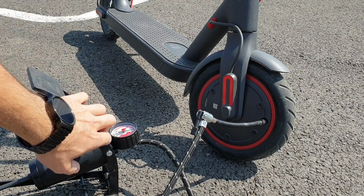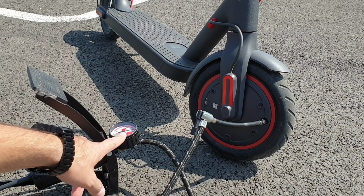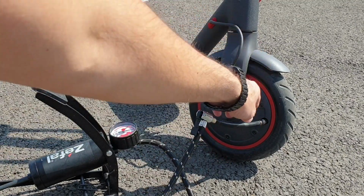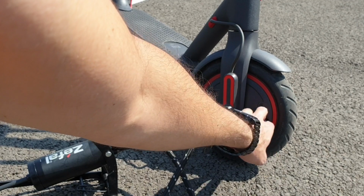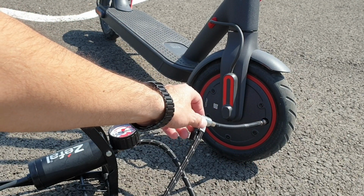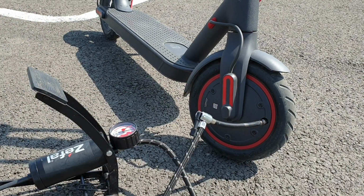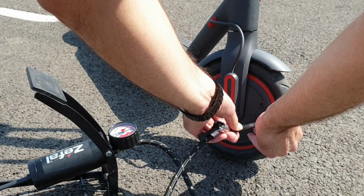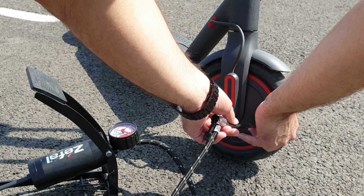When you inflate it, I recommend to put around 4.2, 4.5 bar in the tire, because when you unscrew this little screw here, you are going to lose around between 0.5 and 1 bar. Trust me, this is what happens all the time. So right now I'm going to unscrew it. Okay, I lost a little bit of pressure